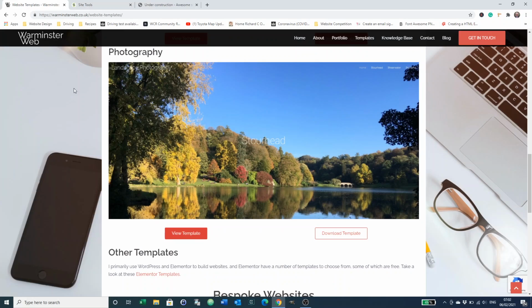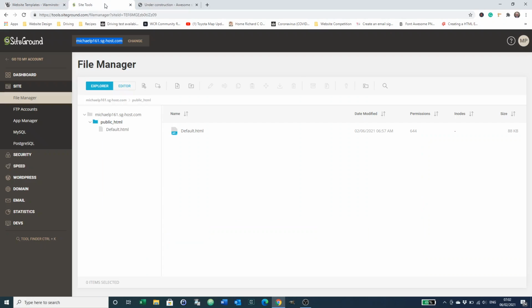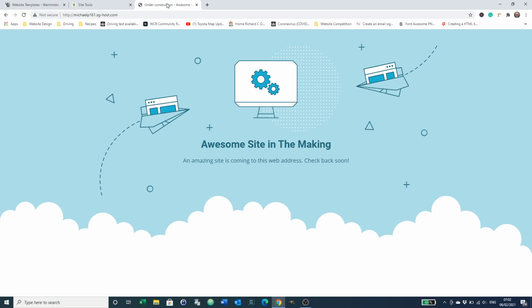Now I'm going to do it on site. I'm going to install it on SiteGround. At the moment, I've set up a website on SiteGround with just the default HTML there in the root folder. The default HTML looks like that. That's what SiteGround provide when you set up a website initially. So I'm going to replace that with the